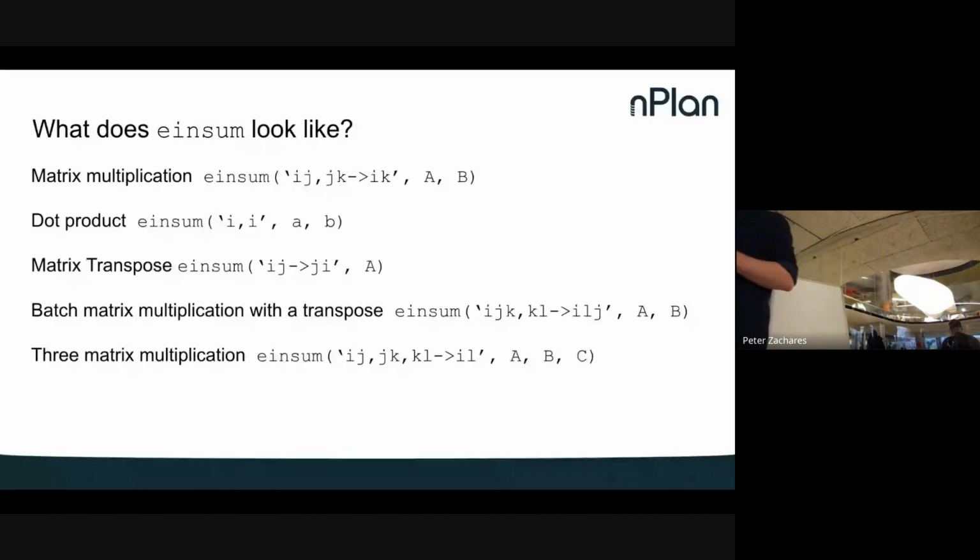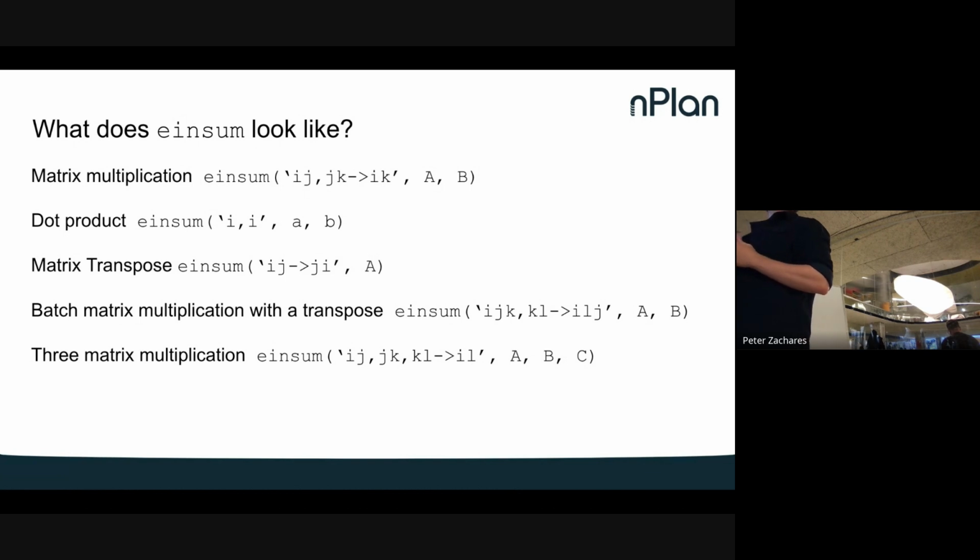Yeah, so dot product would look like this because you do want to sum. Matrix transpose looks like this, so you're just switching the letters. One suggestion I have, based on having used the einsum function, is that, as you can see in the dot product example, you don't have to say point to something, but then they have a lot of rules that are used to